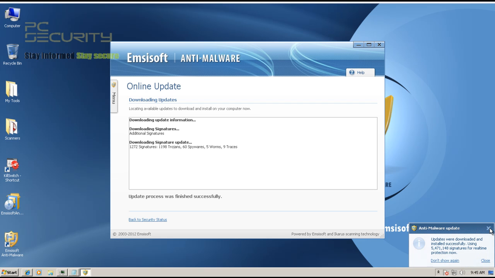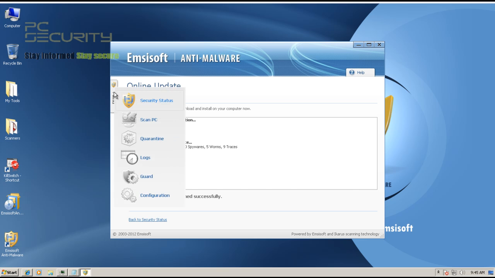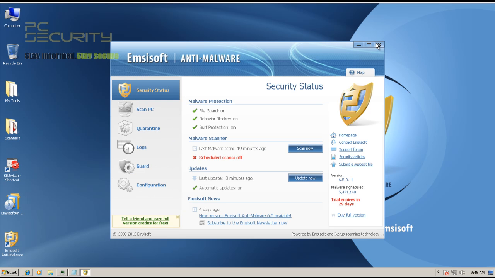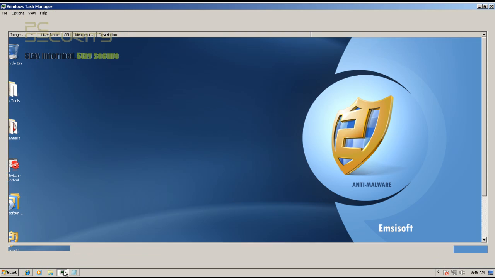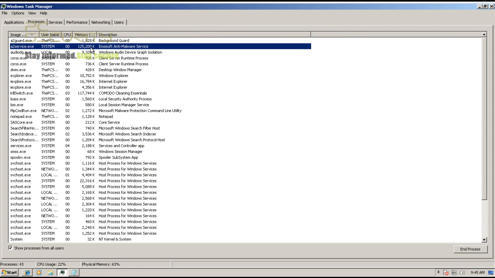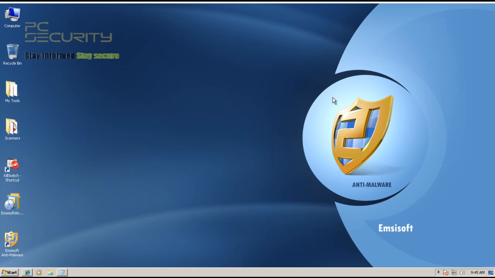There you go, you get this alert every time you do that. So this is their interface. Let's just take a look at their memory usage here. You can see right now it's gone pretty high because we're doing the update. It's supposed to fall down. Most of the time I've seen it at about 60 to 70 megabytes, which is still pretty high,